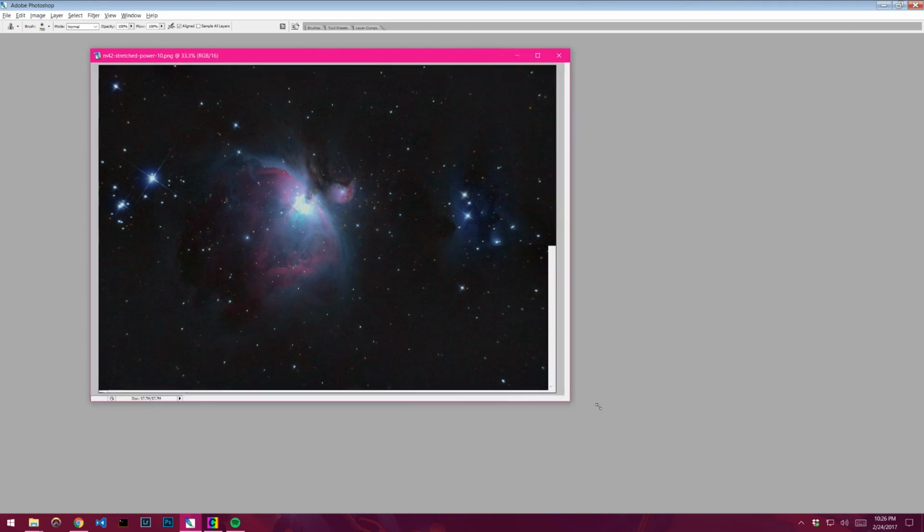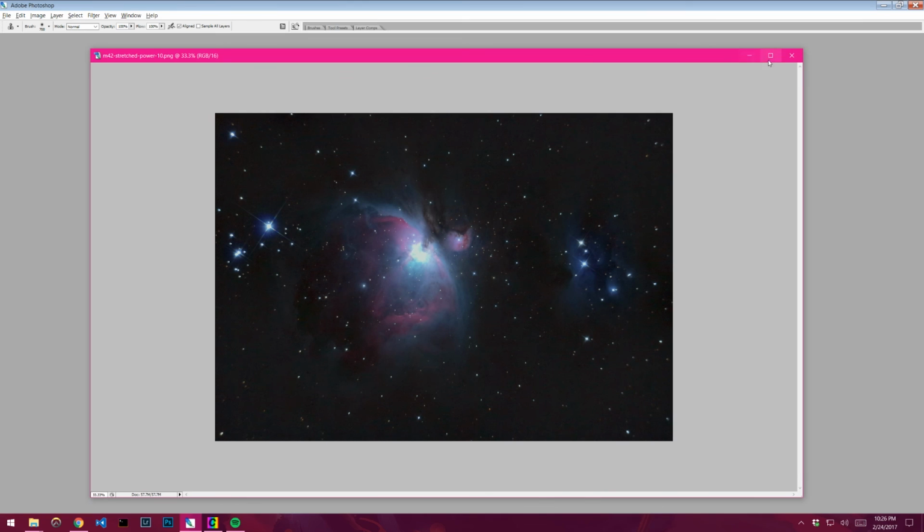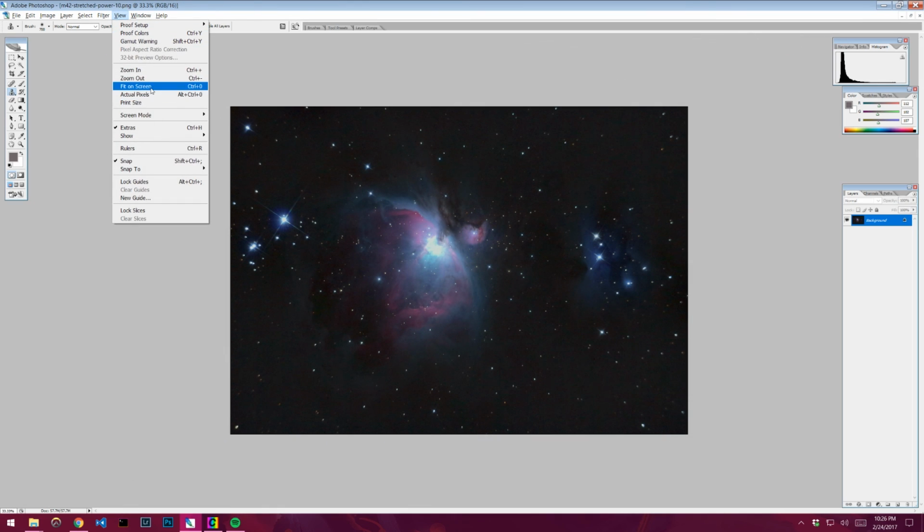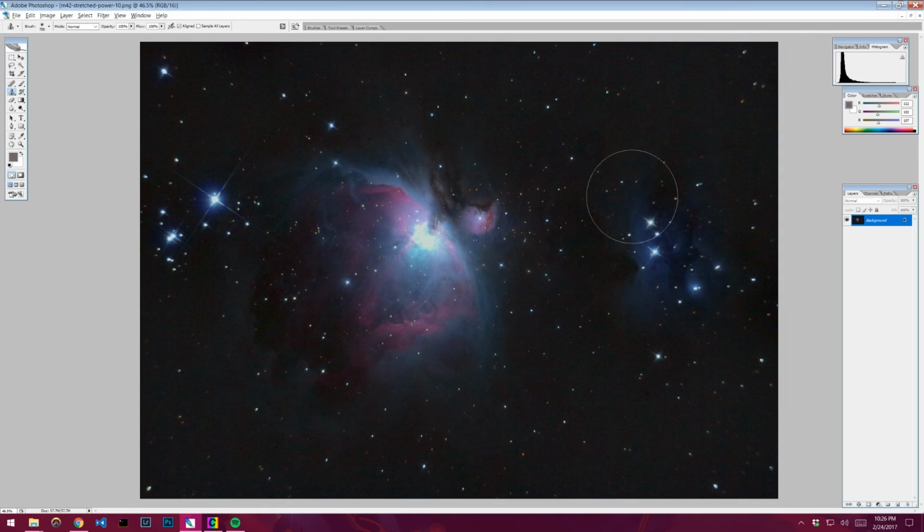So let's make this bigger. View, fit on screen. Okay. So the first thing I'm going to do is come over here to the eyedropper tool and get the color sampler tool. If you hold down or right click on one of these, you can get different options. So I'm going to check the color sampler tool, and we're going to change the sample size to a 5